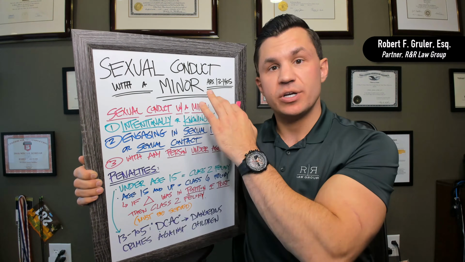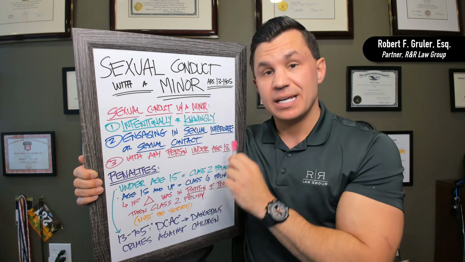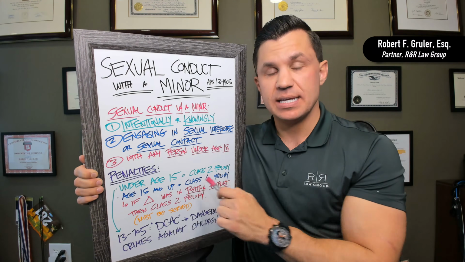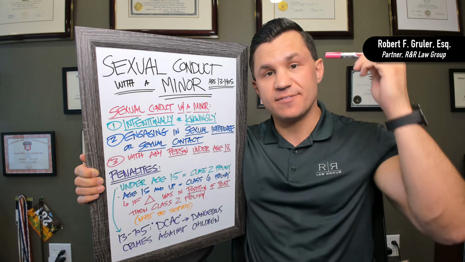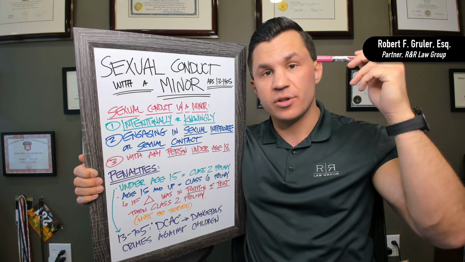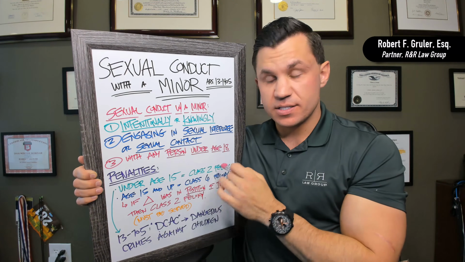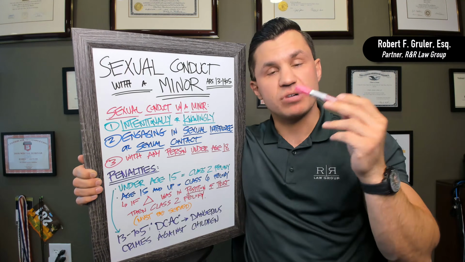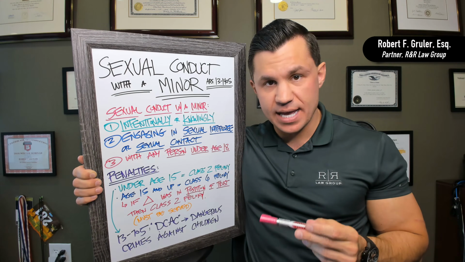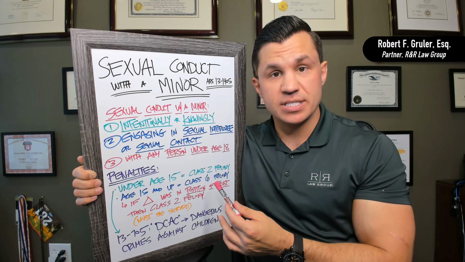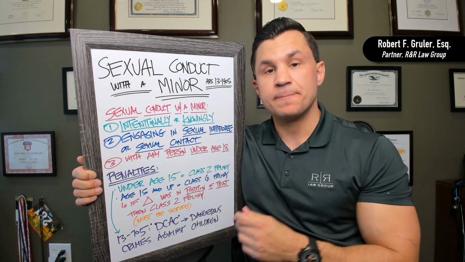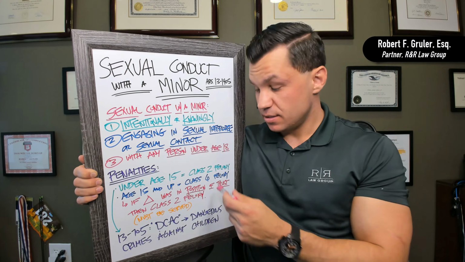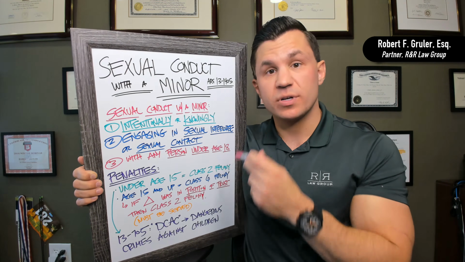If a person is charged with sexual conduct with a minor, and the person they're alleged to have had that conduct with is under the age of 15, that becomes a Class 2 felony. So you can see it's at the very top. It's one level below all the homicide cases. So it's very, very serious. If the person is over the age of 15, it becomes a Class 6. So it drops all the way down to the least serious felony that we have, which is a big difference, as you can see here. The difference between somebody who's 14 years old and 11 months and somebody who's 15 is a difference between a Class 6 and a Class 2. It's 4 different levels of felonies.